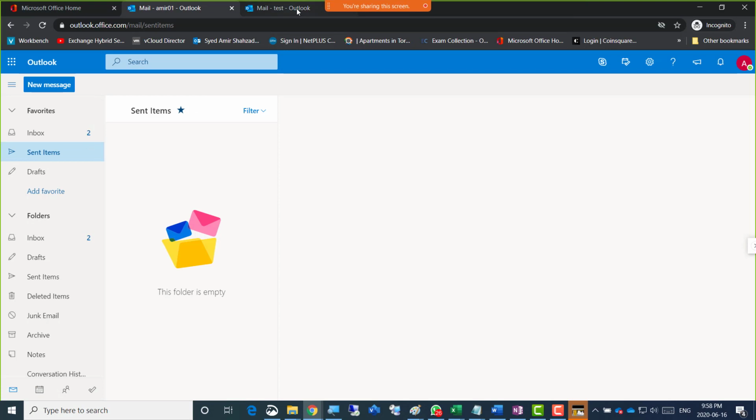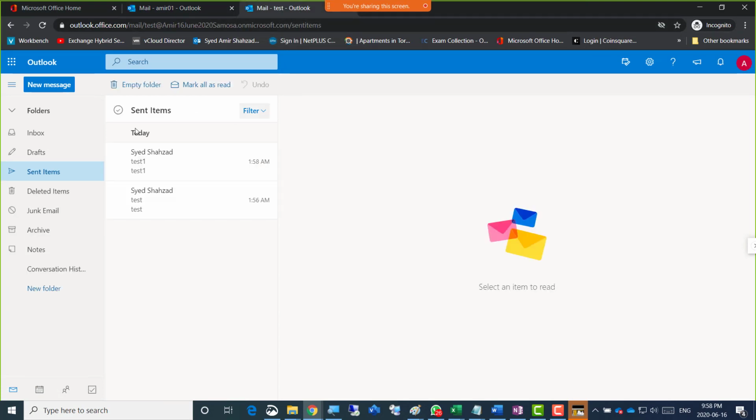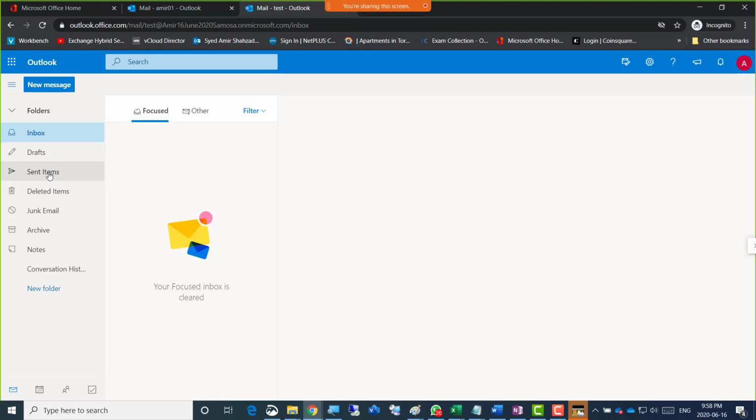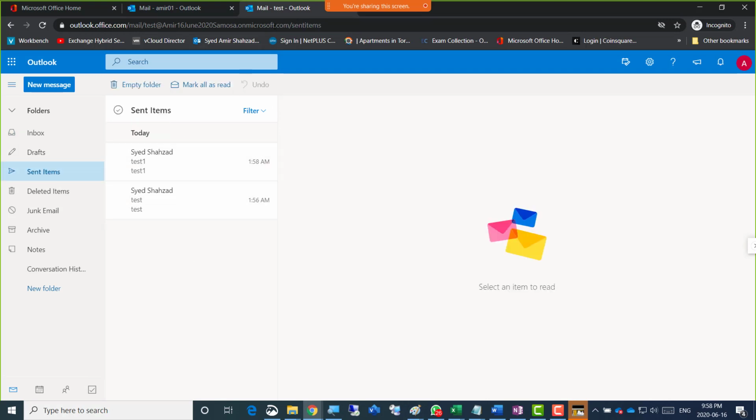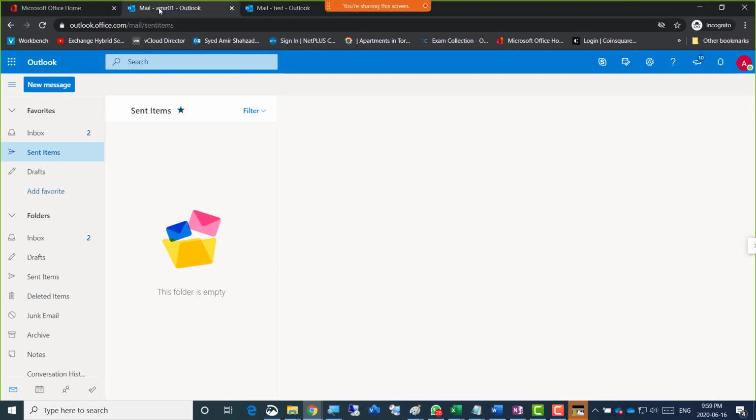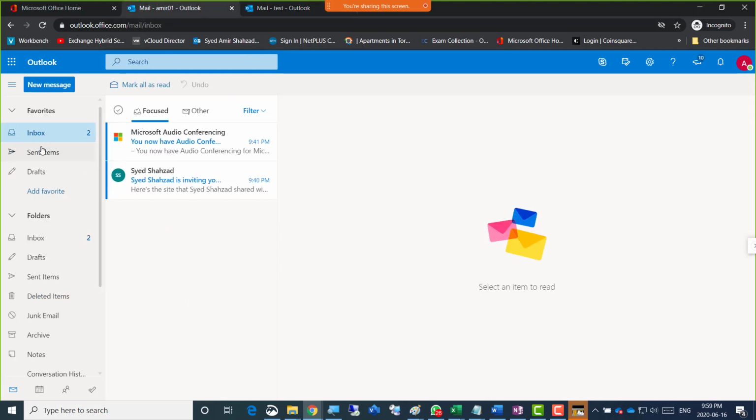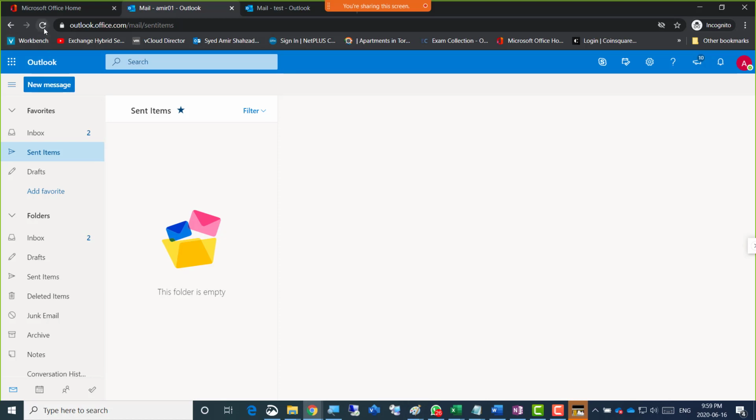Nope. If he sends from there, it's in the sent items of that mailbox called test, while in the user's own personal mailbox, nothing. If he sends from there, it stays there.